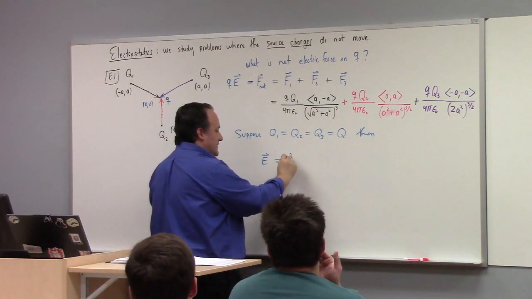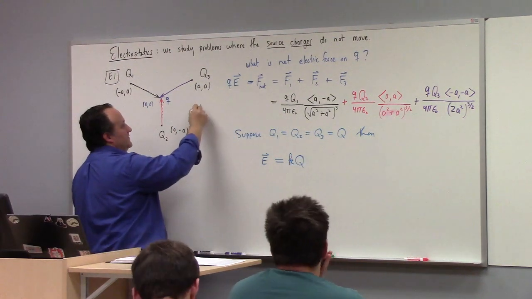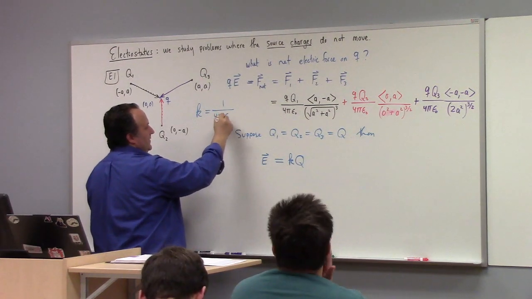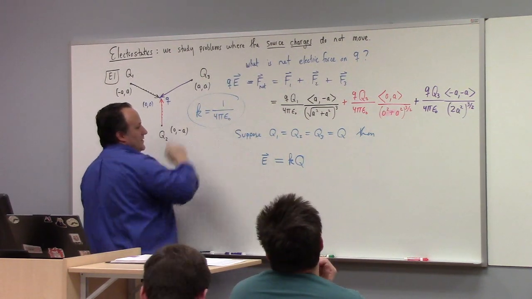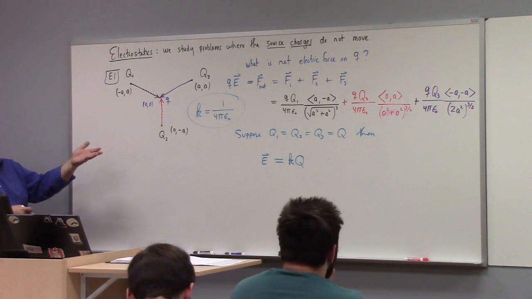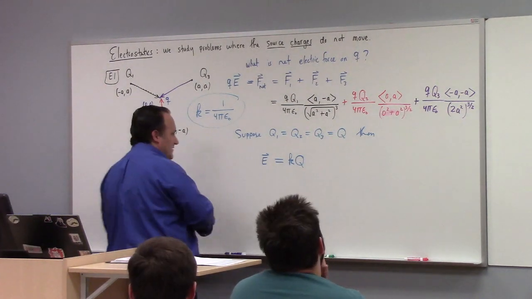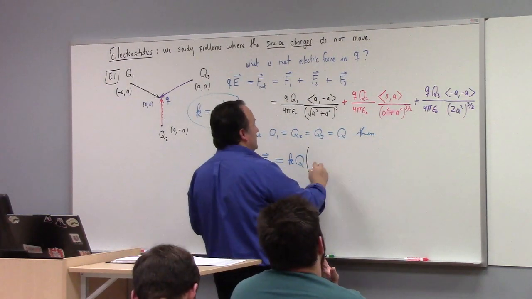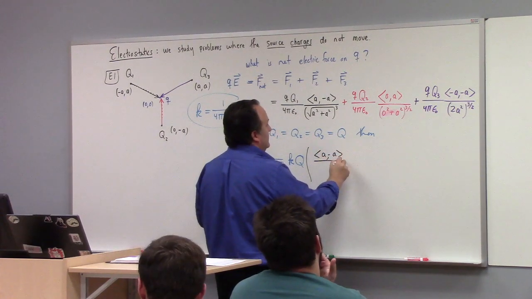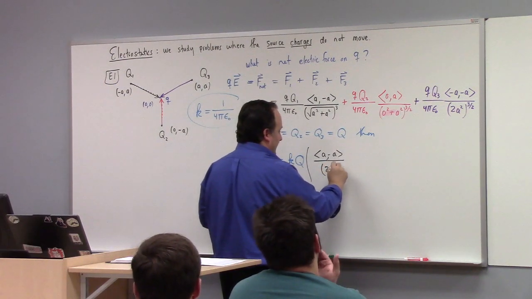And we could just write those as kQ. Remember that this k is just a quick way to write 1 over 4 pi epsilon naught, right? So I can replace 1 over 4 pi epsilon naught with the k. If they're all the same Q, I can factor that out. And all I'm left with, you see, is minus a, a divided by 2a squared to the 3/2